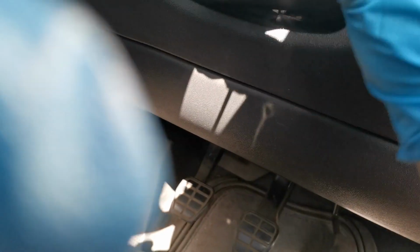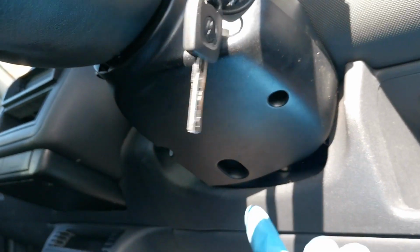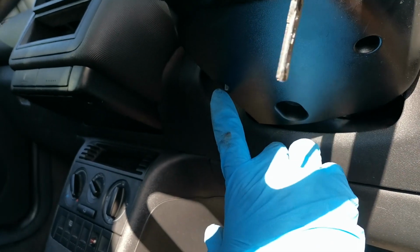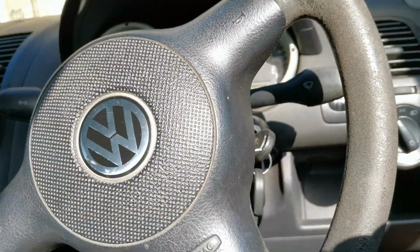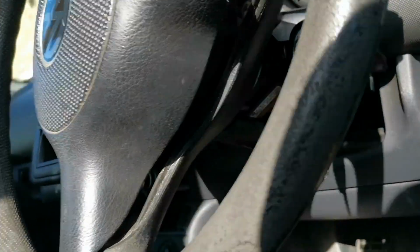Basically that goes up underneath there like so. Let's just see if I can clip it back into place temporarily. So that goes underneath there like so, and this one has a T30 screw in there, a T20 in there, and a T20 hiding down there. So you undo those, pull that off, and then at the bottom, if I turn the steering wheel so it's in that position, you will see at the back, just hiding there,